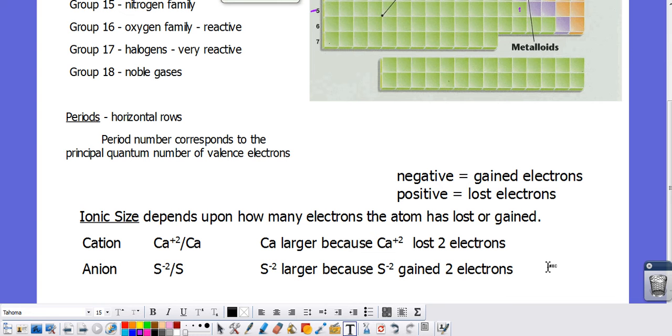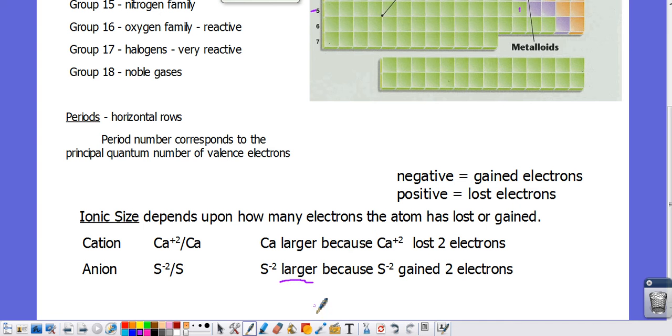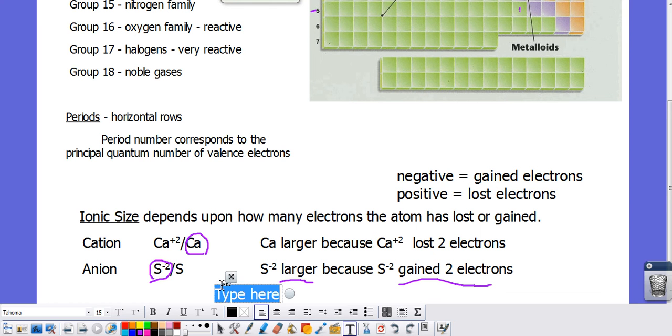Well, what would happen to its size? Well, if it is -2, it's larger because it's gained 2 electrons. So if you go from sulfur -2 versus sulfur, sulfur -2 would be larger. What if it's positive? Well, if it's positive, the one that's not charged would be larger, because once it's positive, it loses electrons. In the case of calcium, calcium is 1s,